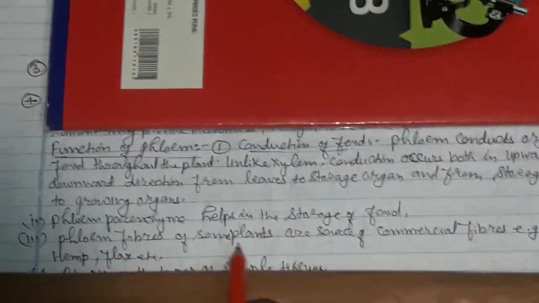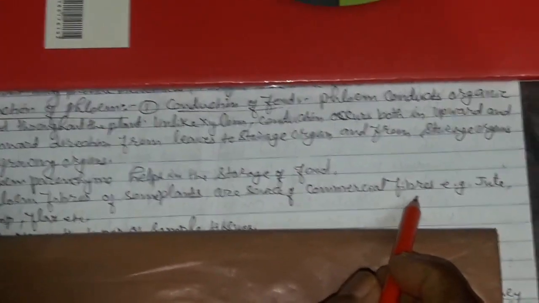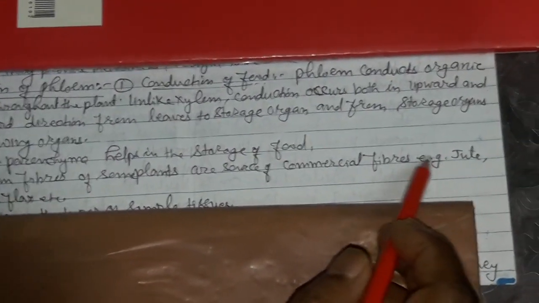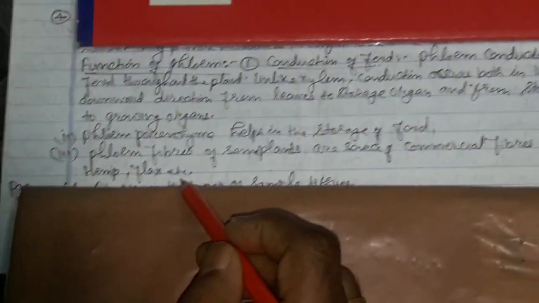And the third and last function of the phloem is that the phloem fibers of some plants are a source of commercial fibers, that is jute, hemp and flax. This is about the function. So dear students, now you have understood what phloem is and how it is helpful in conduction, and after studying the xylem and phloem,